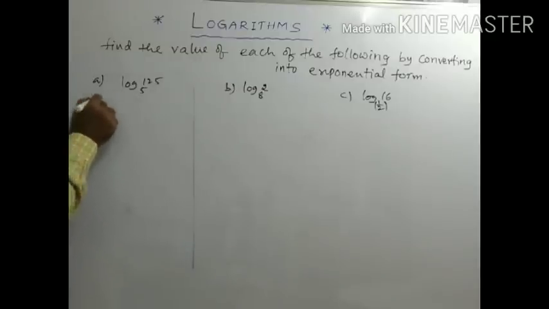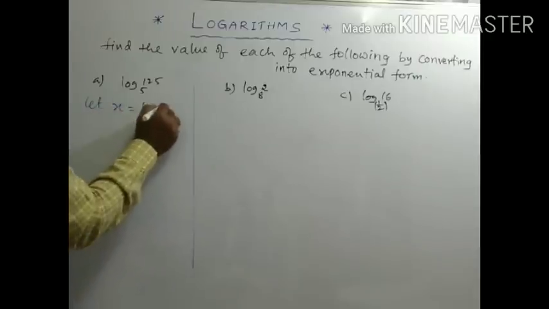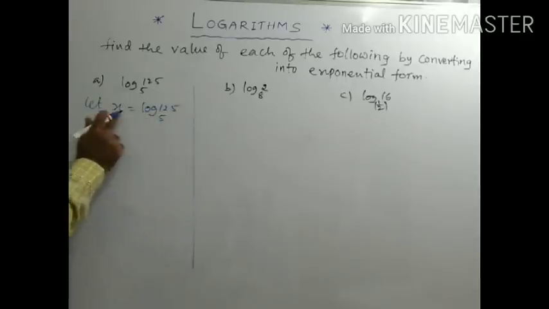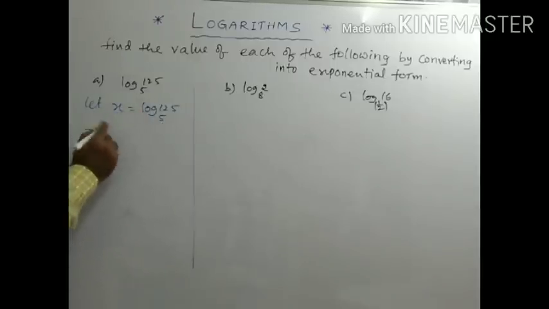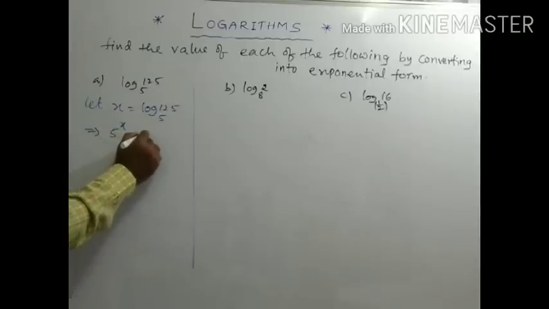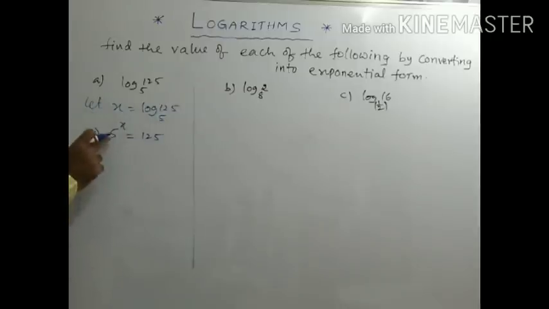So first, better the given one you can assume it as some x. So log 125 to the base 5 is equal to say some x. Okay. Now can you change it? Now the logarithmic base is 5. If you bring this base to this side, hence I can write 5 power x is equal to 125. Do you understand this step? Logarithmic base bringing to this side, it is becoming into normal base. Hence 5 power x is equal to 125.